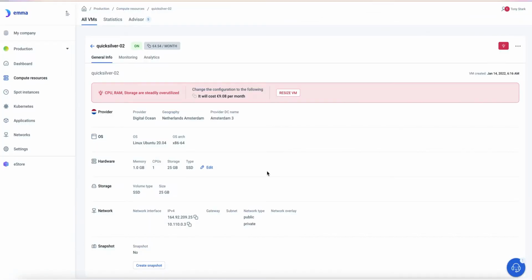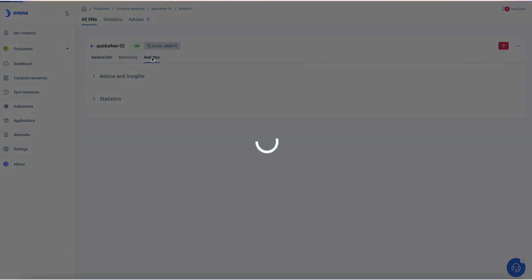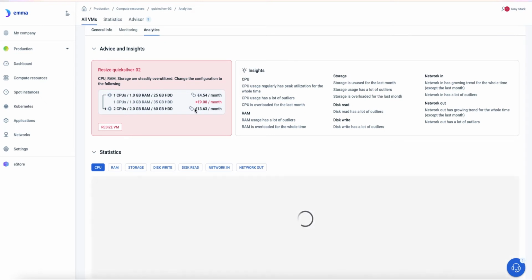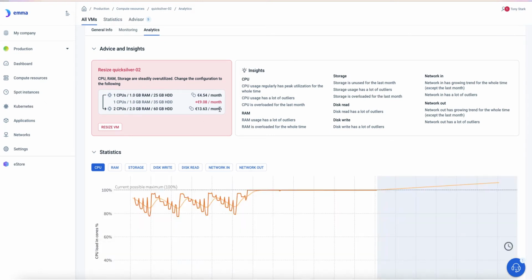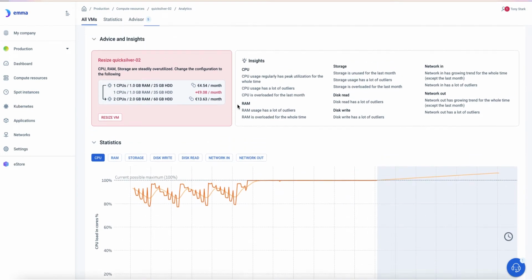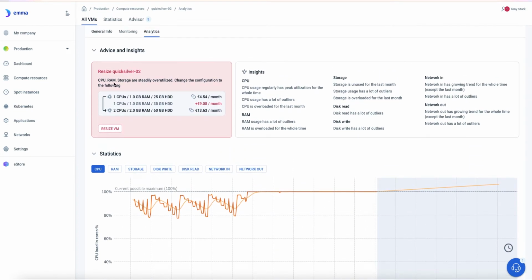The analytics. With each and every instance and VM, you can go to the analytics part. At the analytics part, we provide you with information about your VM and all the resources that you have and the current utilization. So we have here the recommendation to resize the VM because the CPU, RAM, and the storage are sadly overutilized. Here on the right, we have the insights that the CPU usage regularly has peak utilization